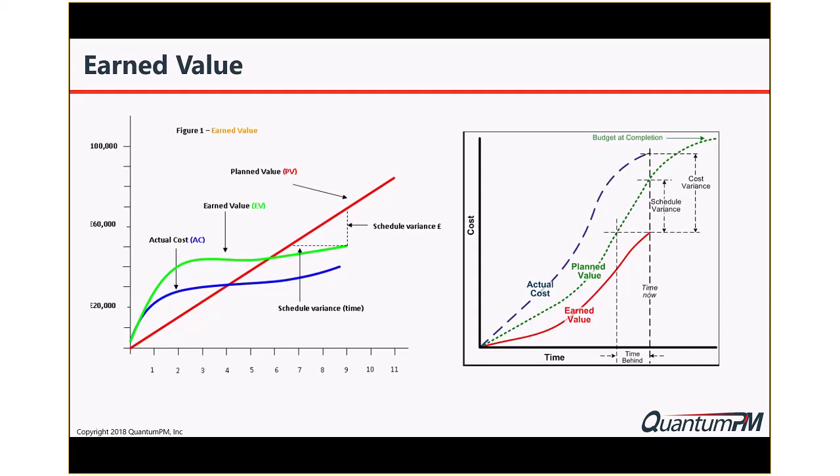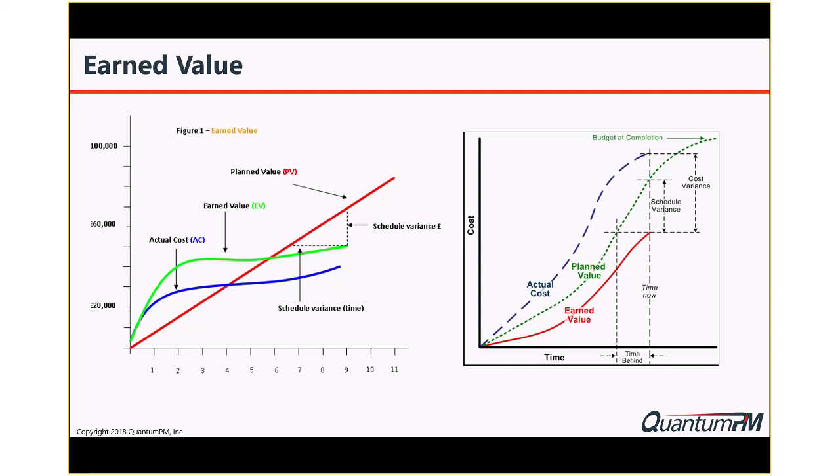But the essence of it is that you're looking for what the planned value is for your project, and you can see that as the red line on the left-hand side grid. Then it's also measuring your cost, how you're spending your money, and your schedule. So as you're spending money, how much work are you actually getting done? You can spend a lot of money and not get anything accomplished. You can spend little money and get more accomplished, which is kind of what this picture is showing you on this left-hand side.